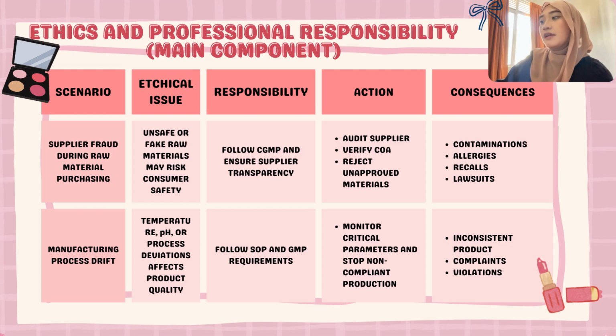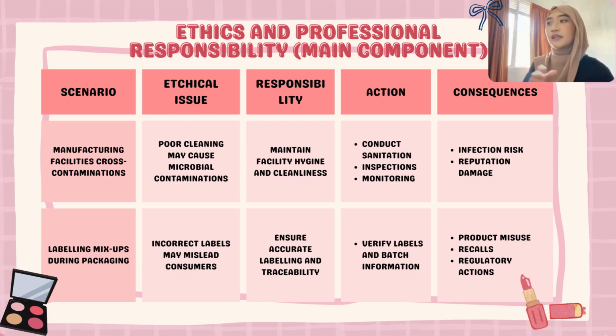The appropriate action is to continuously monitor critical parameters and stop production immediately if the process becomes non-compliant. And if no action is taken, the consequences may include inconsistent product quality, customer complaints and also regulatory violations. So for the next one, which is in manufacturing facilities, cross-contamination can happen when equipment, surfaces or production areas